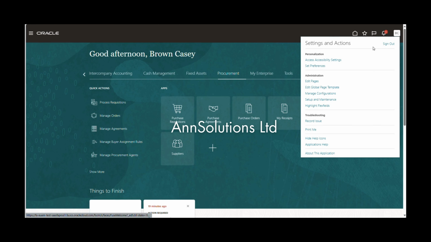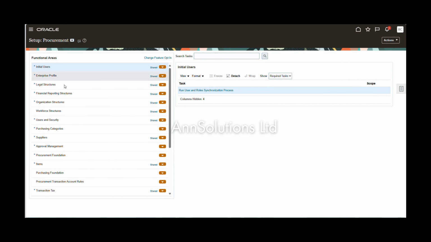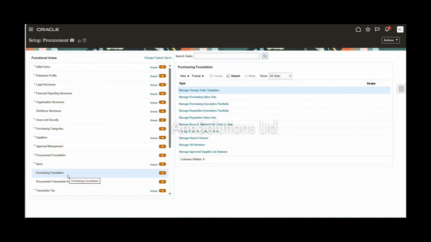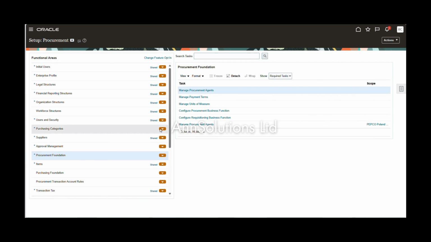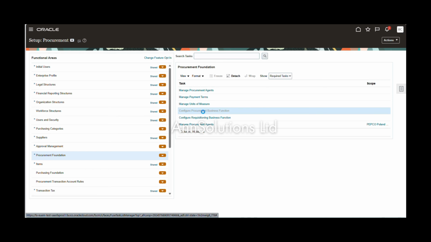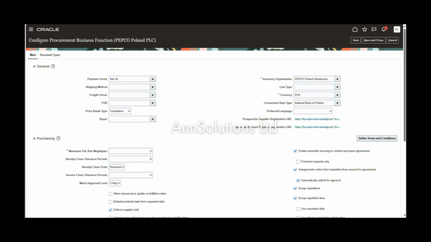So you need to come to setup and maintenance, select the procurement offerings, come to purchasing, procurement foundation, sorry, and configure procurement business function. You can set this business unit, and once you have clicked on this one, you'll find the setting basically where you can set up your business unit. And this setup is business unit specific basically, where you are going to be setting up your payment terms,